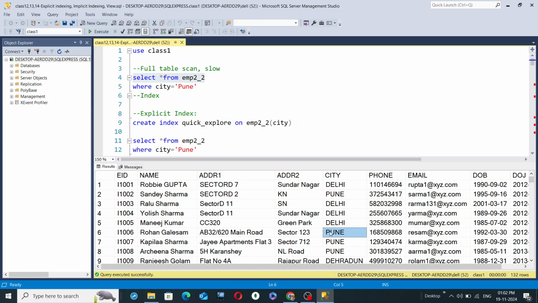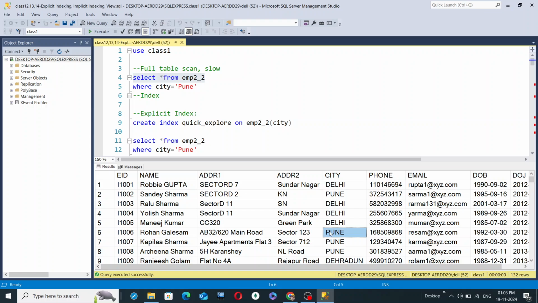Okay. So a row by row operation is generally considered to be a slow operation, especially when the database is pretty large. When the SQL database engine goes through each and every row to find the value of Pune, for our database it won't be a big problem. The output response time will be normally fast because we have 132 rows. This database I created hypothetically just for explanation purposes. Okay, but in reality,